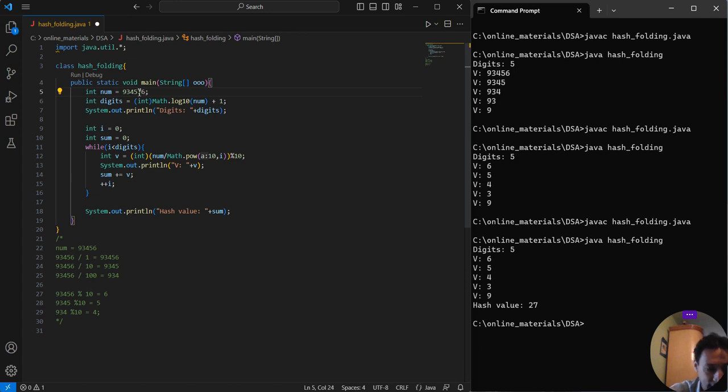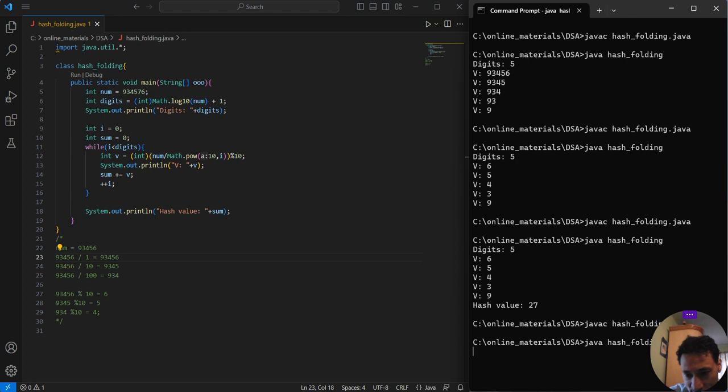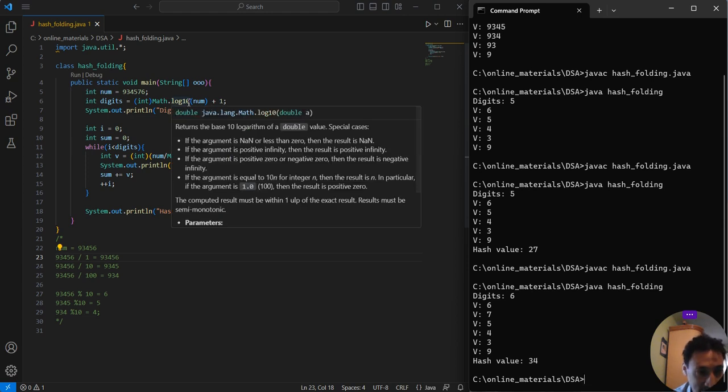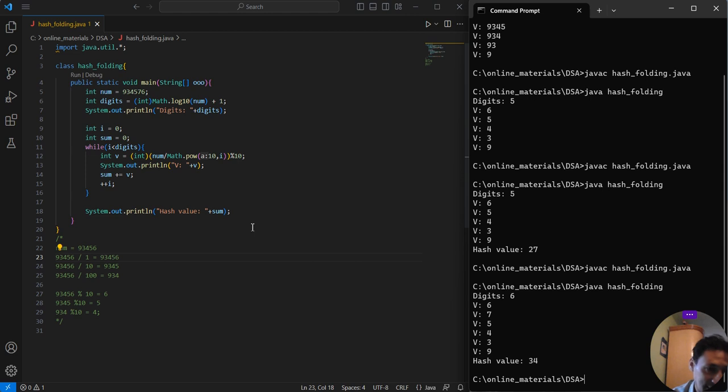Okay, let's add one more digit here. 27 plus 7, 34. Now let's see whether this will give us 34 or not. Okay, 34. In this way we can get the length of the given number using the log method, then dividing the given number by 10 and getting the remainder. We can divide the given number into individual digits and we can easily add those individual digits to get the